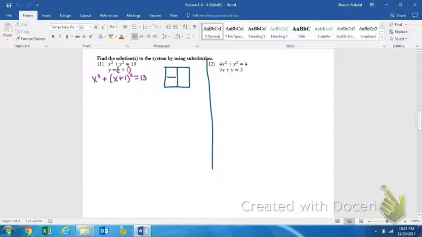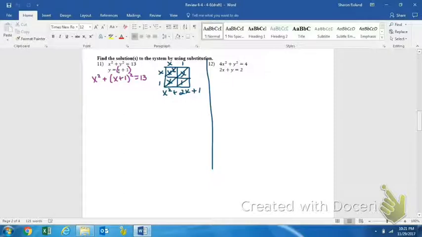And you can use double distribution if you like to FOIL, that's fine. But I'm going to use the Punnett square, and I'm going to multiply the x times both x and 1, so that's x squared plus x. And then 1 times both of those terms is x. 1 times 1 is 1. So x plus 1 times x plus 1 is x squared. There's one of them. And then you have an x, and another x is 2x